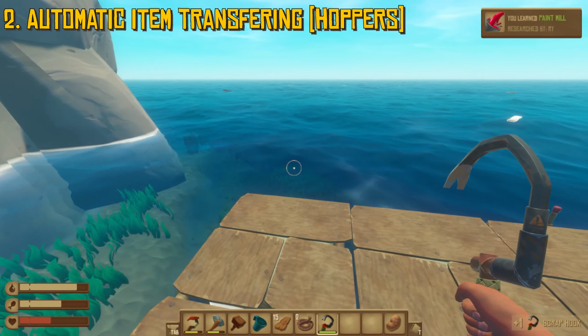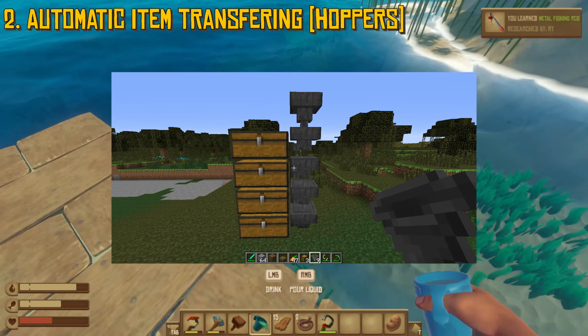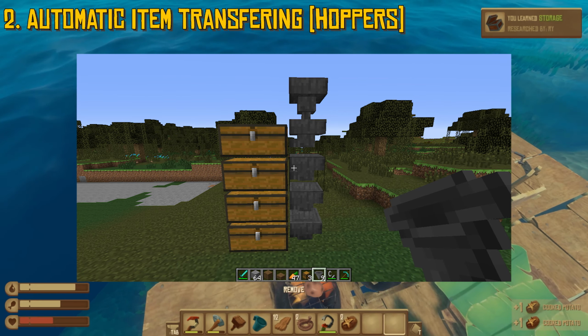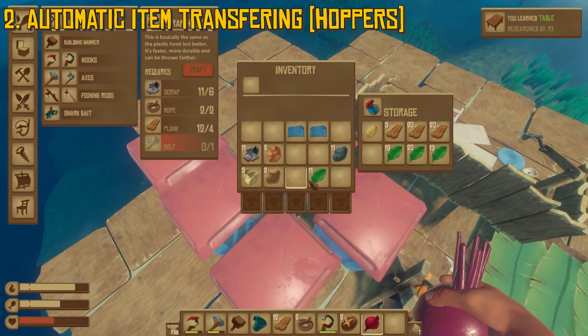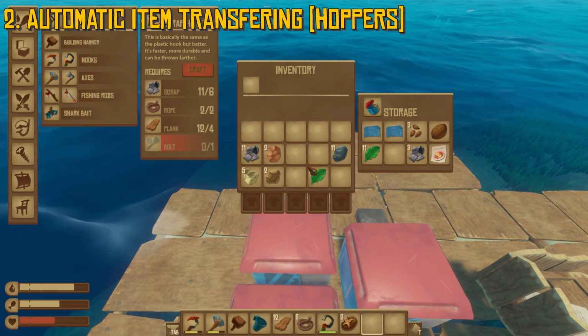If you've ever played Minecraft, you'll know how the hopper works, and obviously I've played Minecraft pretty much all my life and I've absolutely loved it, and I feel like hoppers add that level of automation which make you feel like you've almost completed the game and you've really gotten into the industrial phase, you know, the factory revolution sort of phase. And I feel like if they added hoppers into Raft, it could make things so much more fun